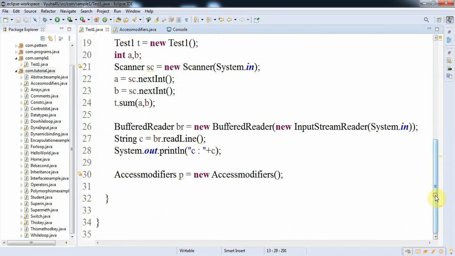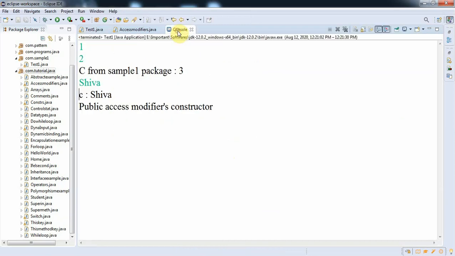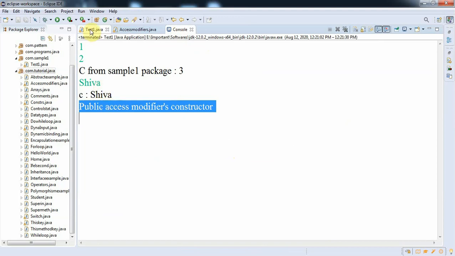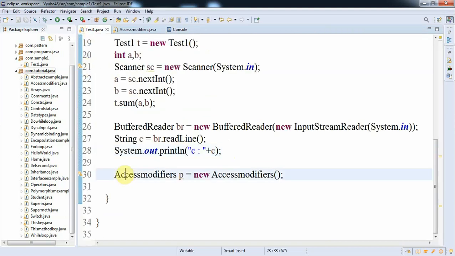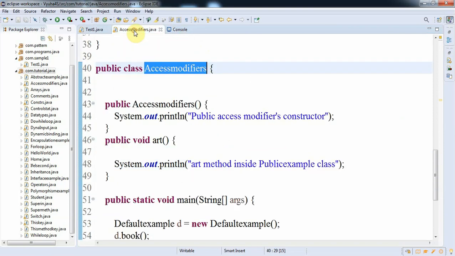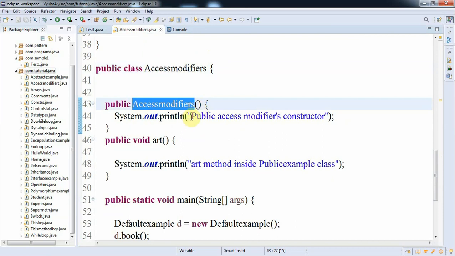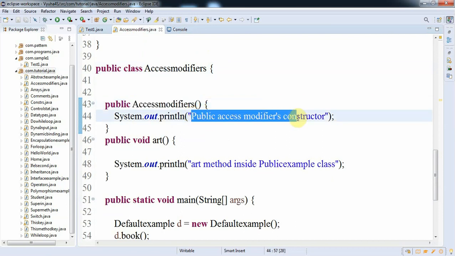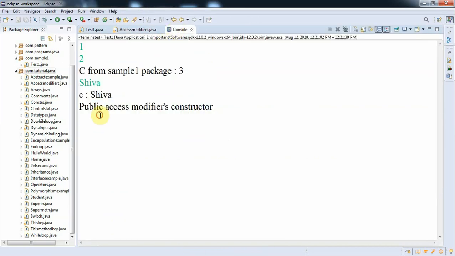And then this is printing the Shiva value. And at last, if you observe public access modifiers constructor, it is because I have created an object for the AccessModifiers class, and as I already explained previously, it has a default constructor which prints public access modifiers constructor. This is the reason we are able to see it over here in the console.